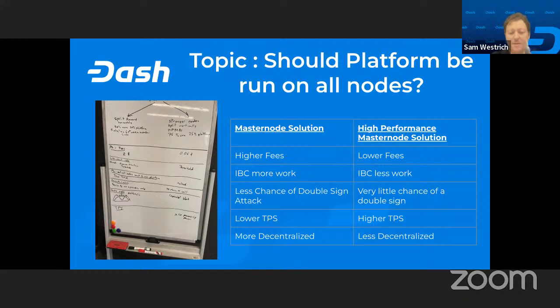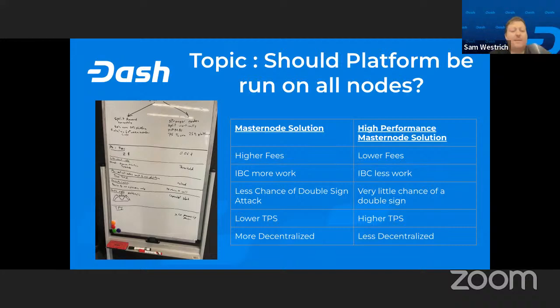When we think about what this would mean, if, for example, we allocated a certain amount of funds to these high performance nodes and a certain amount of funds to non-high performance nodes, you would actually start to get a market equilibrium where nodes would join this high performance tier because they would get more money. So if more fees would happen on one system, more would join, and you wouldn't basically be forced to join or to not join. It would just be a market decision of what gives you back the most rewards.